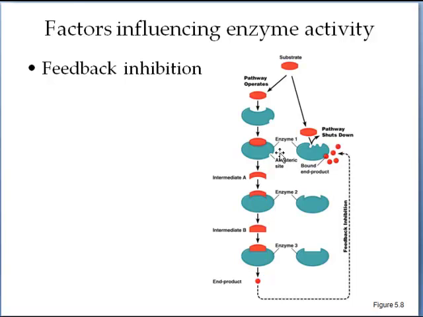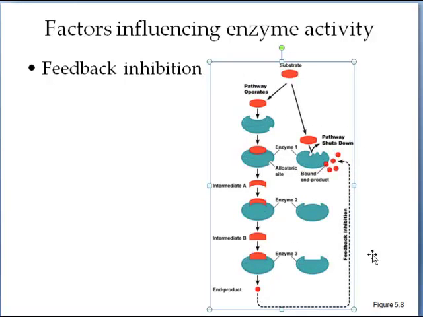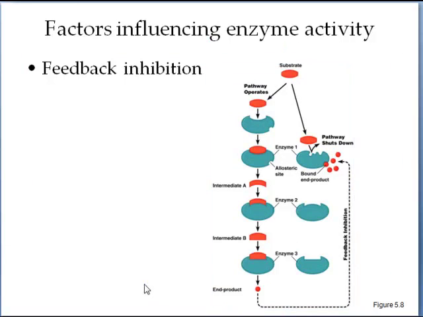Now, if you block the allosteric site, for example, on this enzyme, then the pathway will shut down because it will not give signals. If the pathway proceeds correctly, it goes all the way to the end product. The release of this end product, this small molecule shown over here in orange, goes back and blocks this enzyme. It will pretty much shut down the substrate. This kind of inhibition